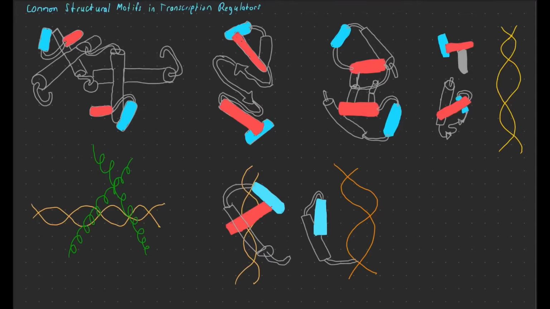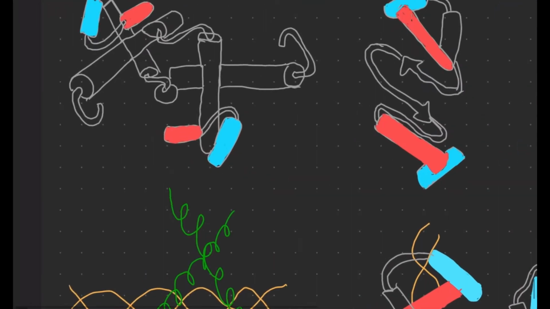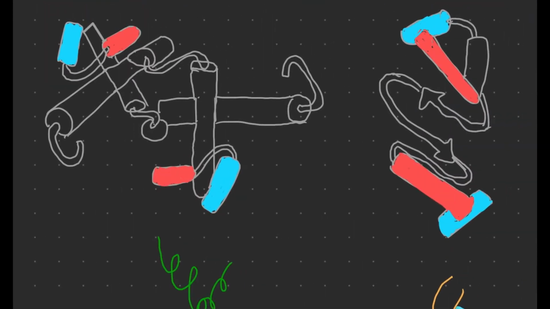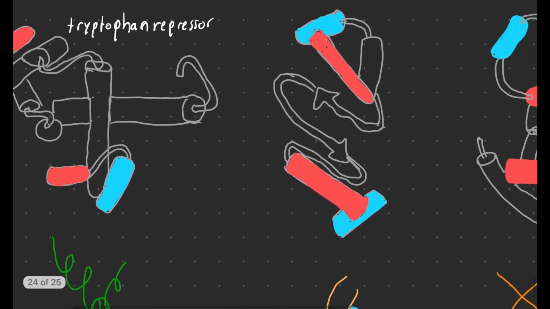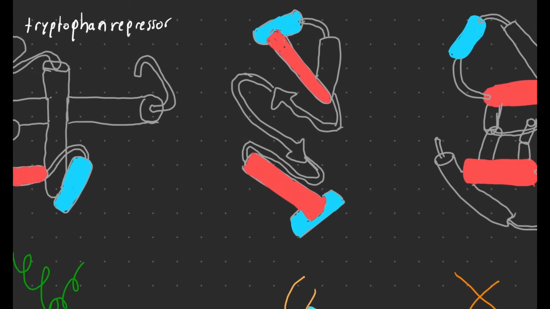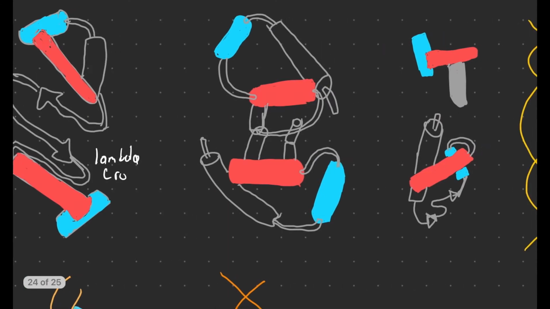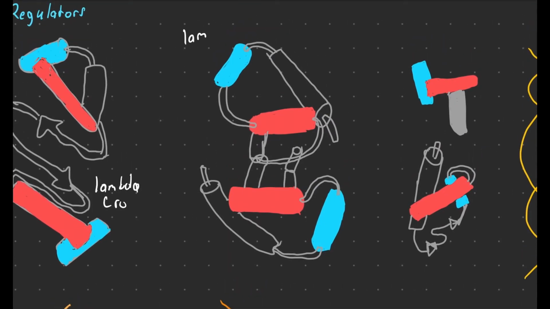Okay, so here I'm going to go over some common structural motifs in transcription regulators. If we move down here, the little diagram we have is called the tryptophan repressor. And over here we have the structure of the lambda Cro. And right here we've got the lambda repressor fragment. And lastly here we have